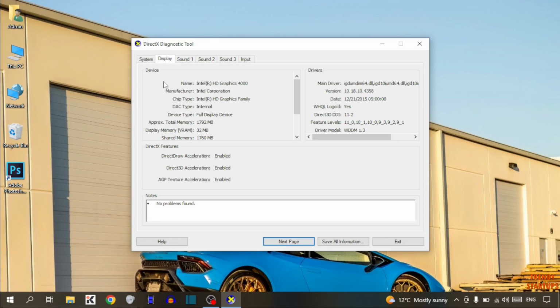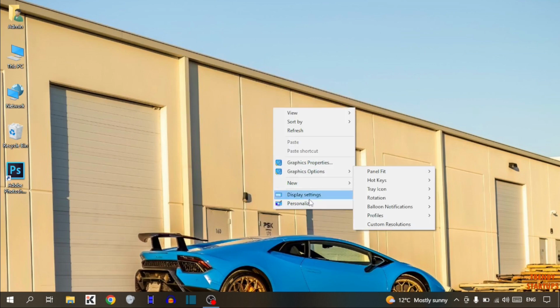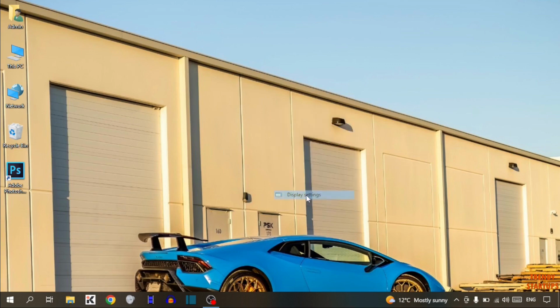So guys, here you can see all of the information about our graphic card, but you can see our graphic card model number is not available. So to find graphic card model number, simply right click anywhere on the desktop, and here you can see the option of display settings. So click on display settings,